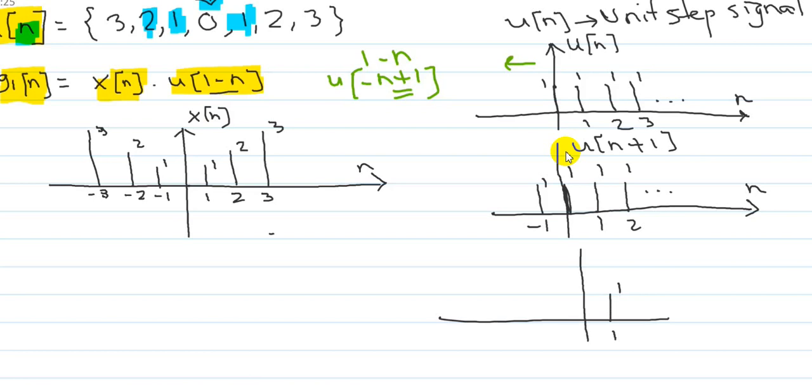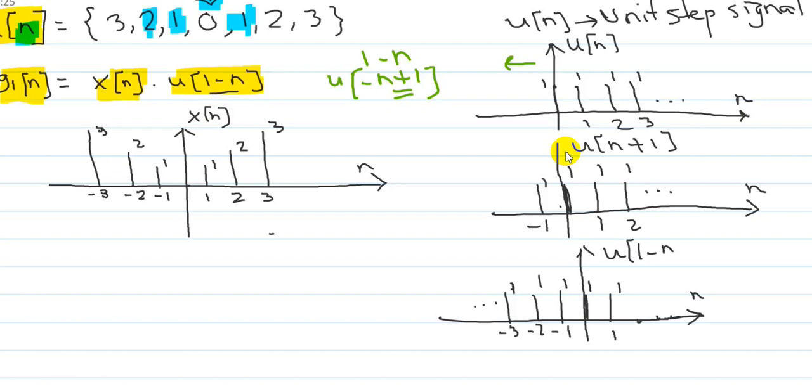Similarly, the sample at 0 will remain as it is. The sample at 1 will move to minus 1, the sample at 2 will move to minus 2, the sample at 3 will move to minus 3, and so on the left side. And all the sample values on the right here are 0. So this is your signal u of